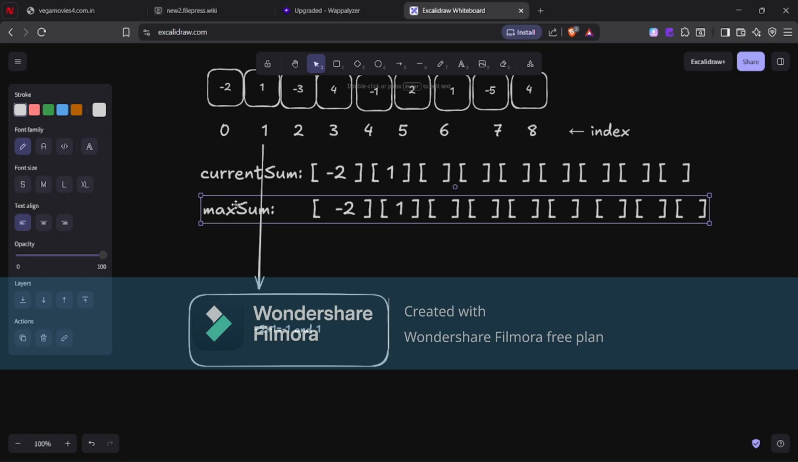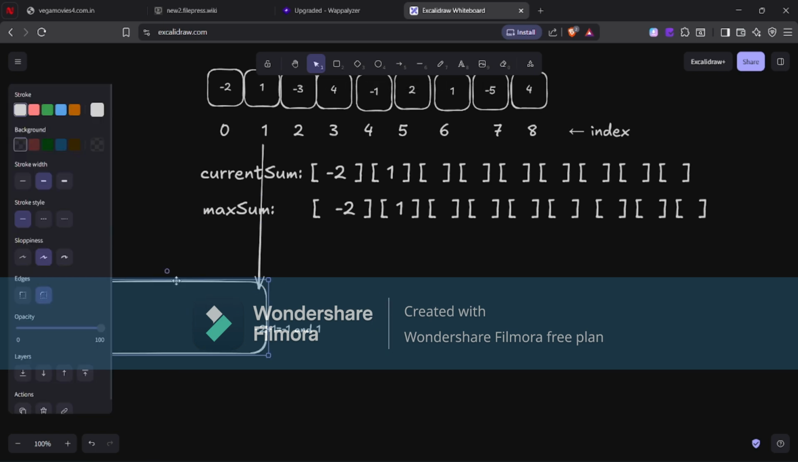Okay, now the maximum sum variable, earlier it had -2 as a value. Now the current sum has a bigger value than it, so maximum sum will set its value equal to current sum, so it will become 1. Now similarly